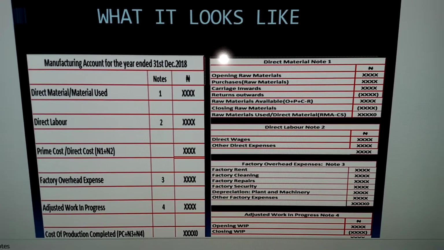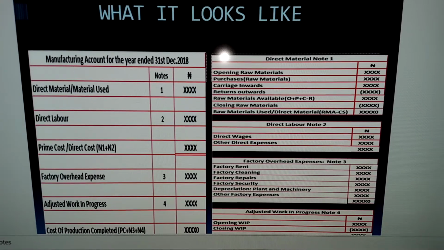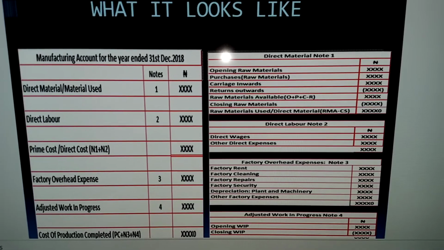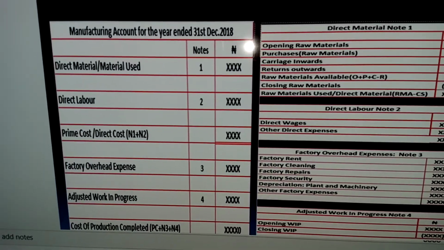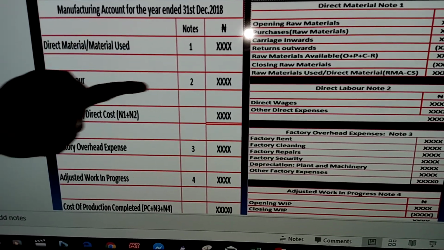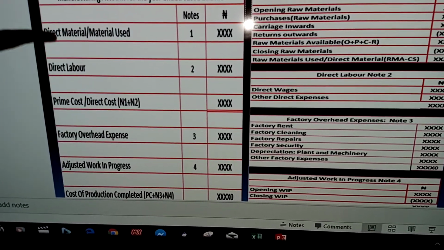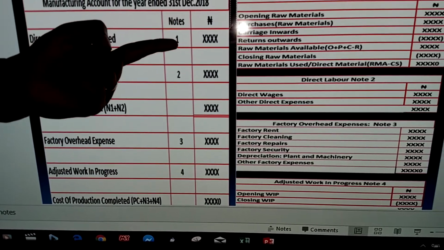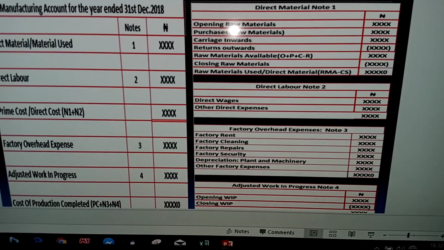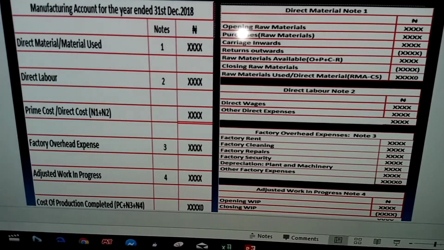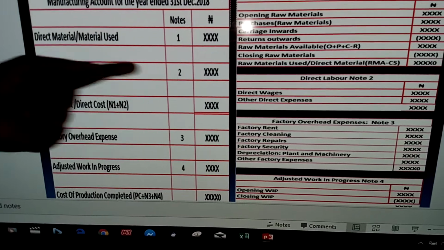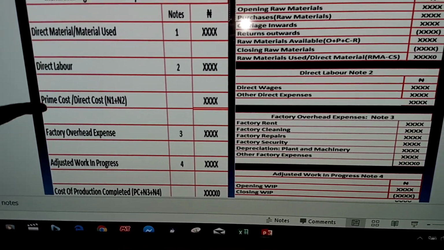I've already explained that the manufacturing account is to derive your cost of production. So what are the items you use in producing? You have direct materials. You have direct labor. So direct material used, note 1 here gives us details of the materials used. Direct labor here, note 2 gives us details of the labor used. So when you add note 1 and note 2, which is direct materials plus direct labor, you have your prime